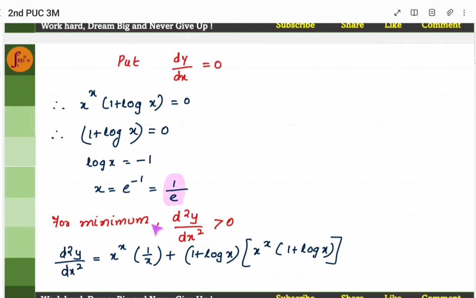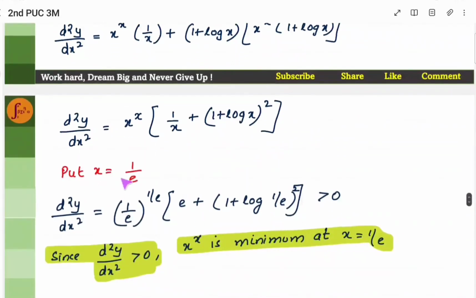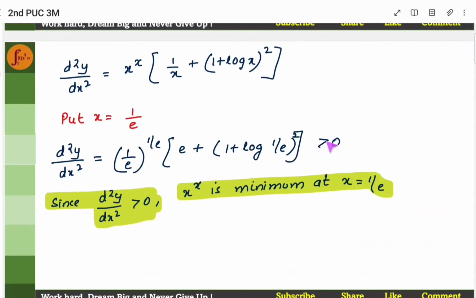Now to find the minimum, I'll have to find the double order derivative, second order derivative. This is the second order derivative. Now in this second order derivative, I'll have to substitute the value of x. So wherever there is x, I substitute it. Here, if you notice, after substituting, I should see if it is greater than 0 or less than 0. Here,